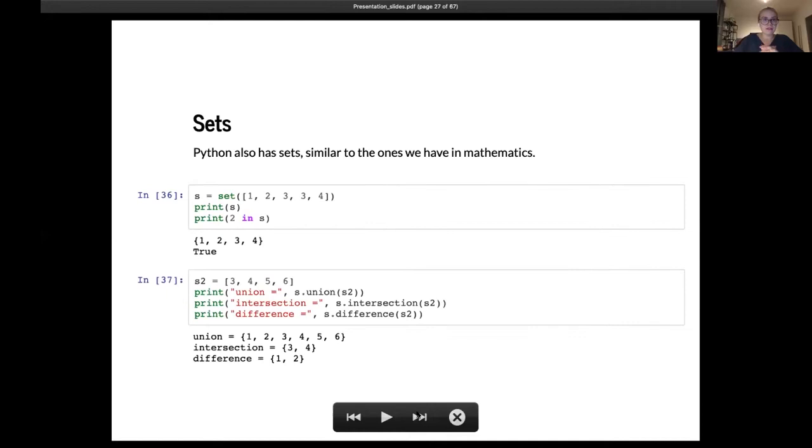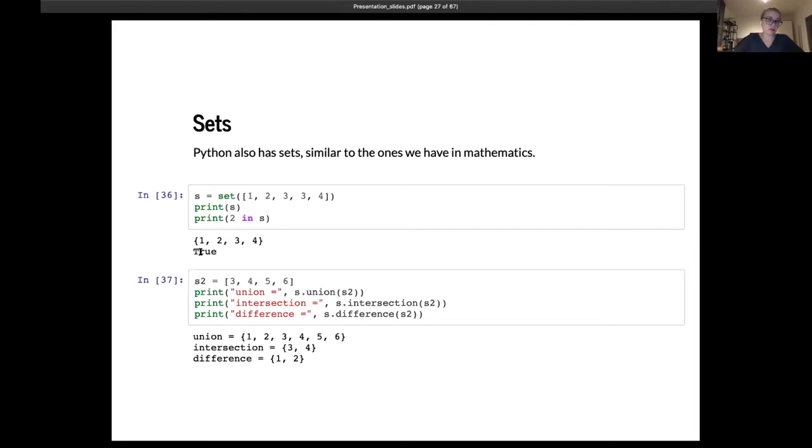And then finally, the sets, similar to the ones we have in mathematics, we can just set up a set, and we can print everything that we see in there. So we can print just this whole list, and we can also print Boolean expressions where you, for example, say is 2 in my set, and then it will say true. Since it works the same as what we can draw in mathematics,